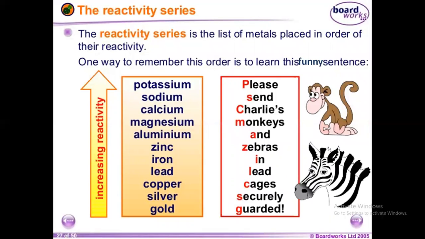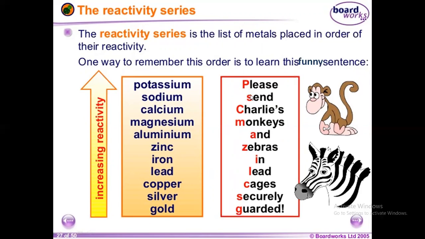Okay. One way to remember this order of metals in the reactivity series is to learn this funny sentence. If you want to learn this order of metals in the reactivity series, you have a funny sentence to remember it in an easy way, right? What is that funny sentence? Please send Charlie's monkeys and zebras in lead cages securely guarded,